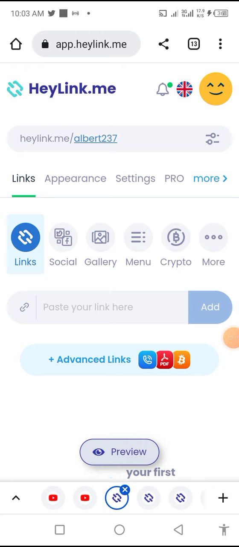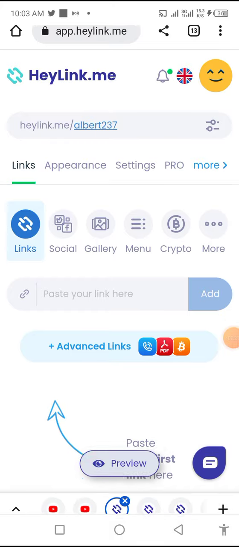It's telling me to paste your link. You can get a free site, a free domain, free hosting, either from Zoic or anywhere.